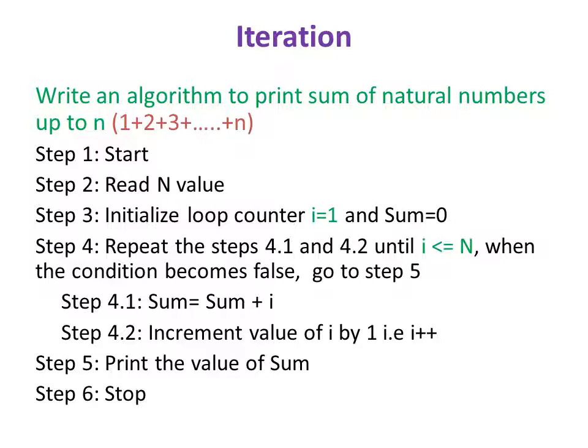Here the actual operation we have to perform is addition, that is, we are performing a repeated addition on some sequence of numbers. So we have to get the n value from the user, that is the ending value. For an iteration statement, there are two things we have to consider. The first one is the initial value, and the second one is the termination condition. So here I am setting the initial value as 1, that is i as 1, and I am using the condition i less than or equal to n. This is the termination condition of the loop.